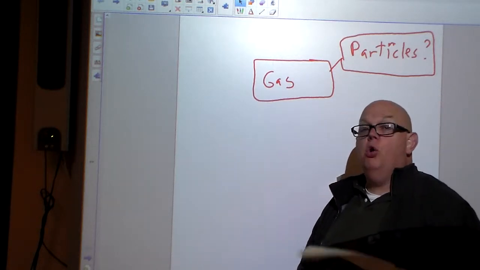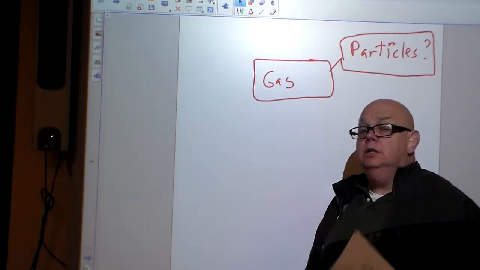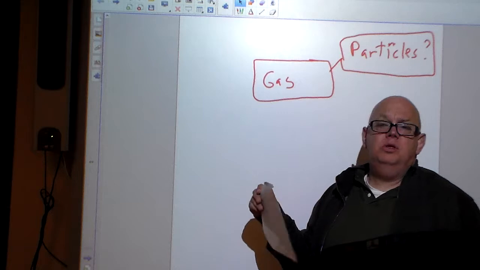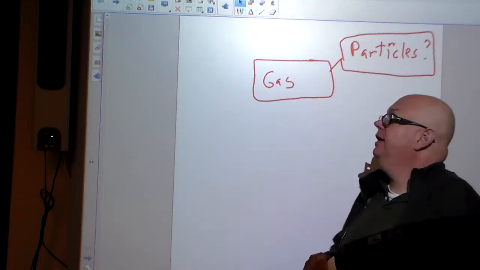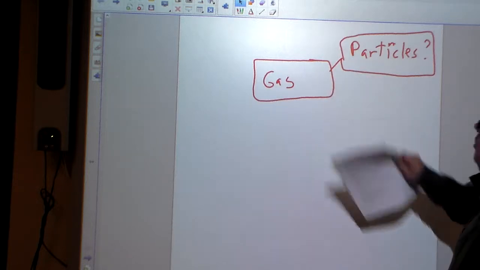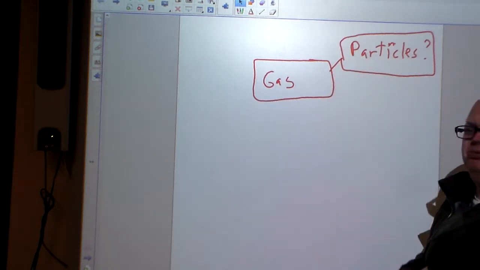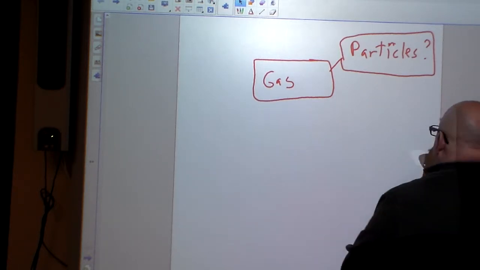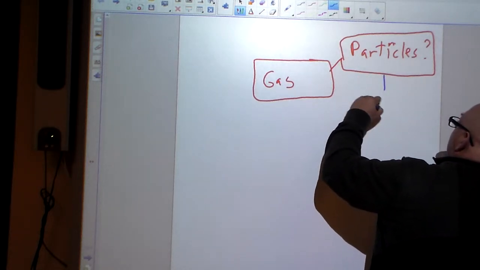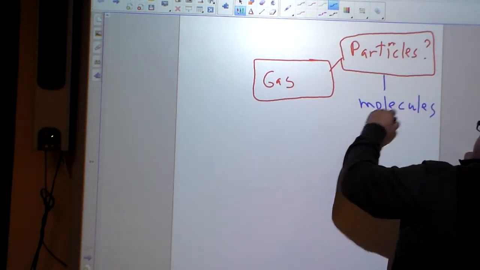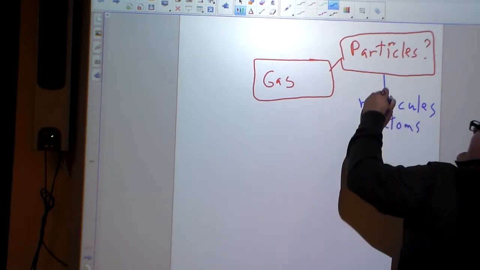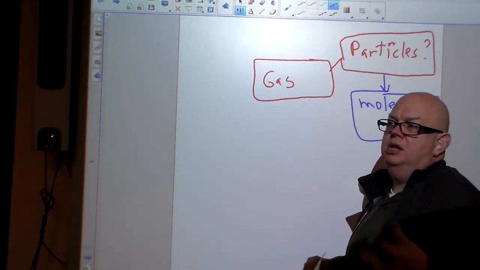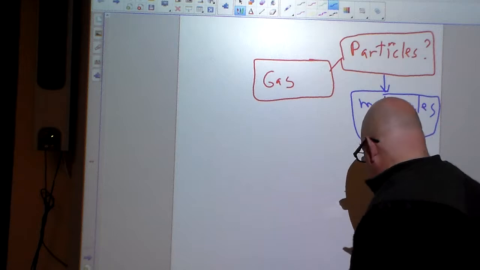Okay, this is an overview of Chapter 10, looking at our central theme of gas. How does it behave? How do we deal with pressure, volume, temperature, things like that? But in order to get there, we have to talk about particles. We refer to gas in terms of gas particles. We don't talk about molecules and atoms; instead of calling them gas molecules and gas atoms, we say particles. That makes it a lot easier.